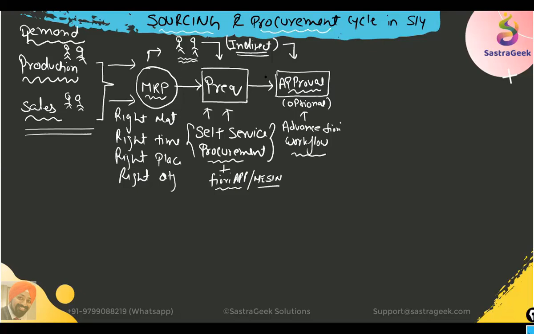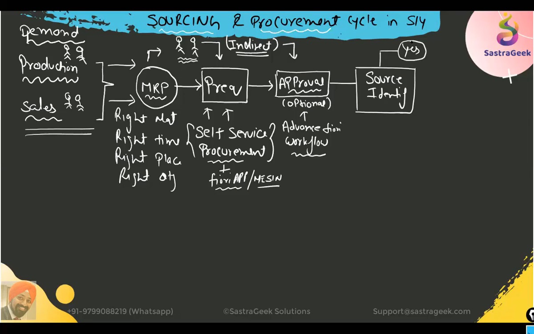Now, once the purchase requisition approval is done, the procurement department works to identify the source. Then your source identification process starts. Who would be the source for it? Who is going to provide it? There can be two things here. One thing is that the source is already available. More than one source is available.